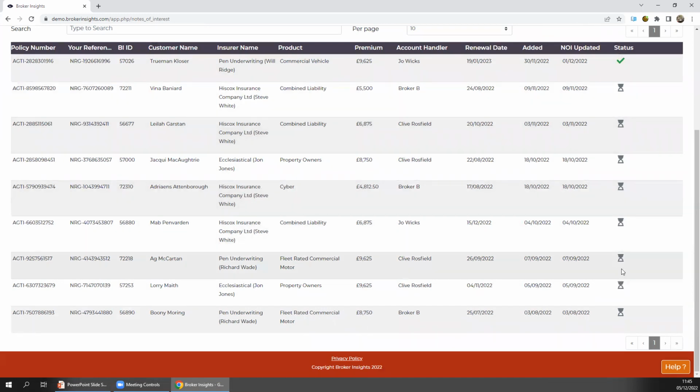But come in here from time to time, have a look at where that status is. Are the insurers dealing with it yet? If you have any problems with the insurers, reach out to the insurers by all means, but we can also help you. So if you're not getting the responses you require from the insurers, pick up the phone, speak to Jamie. We can jump on a call with the insurer and have that further discussion from there as well.